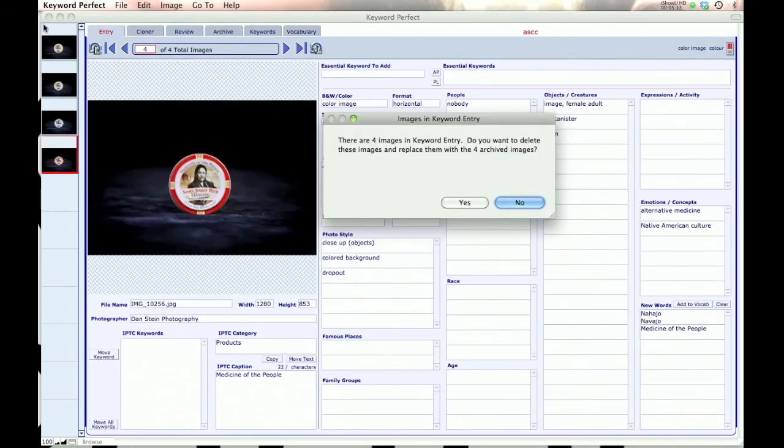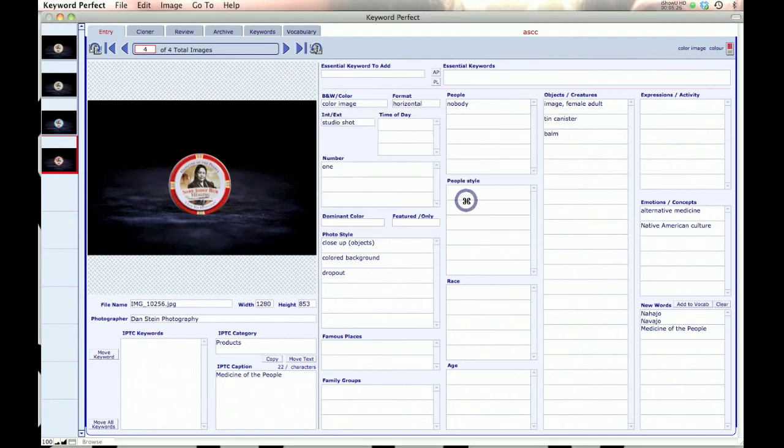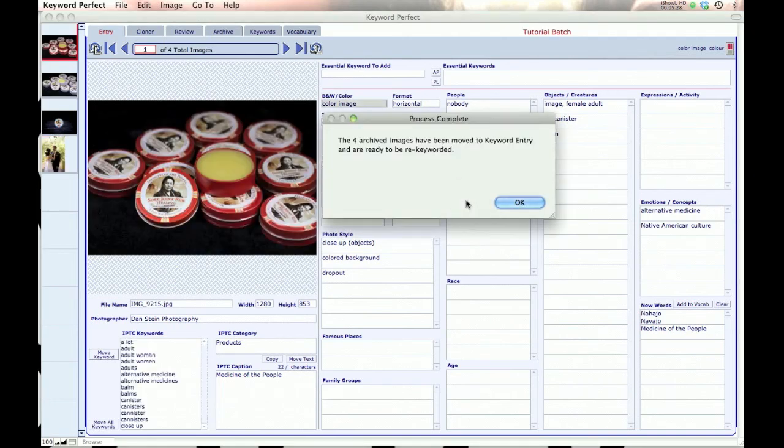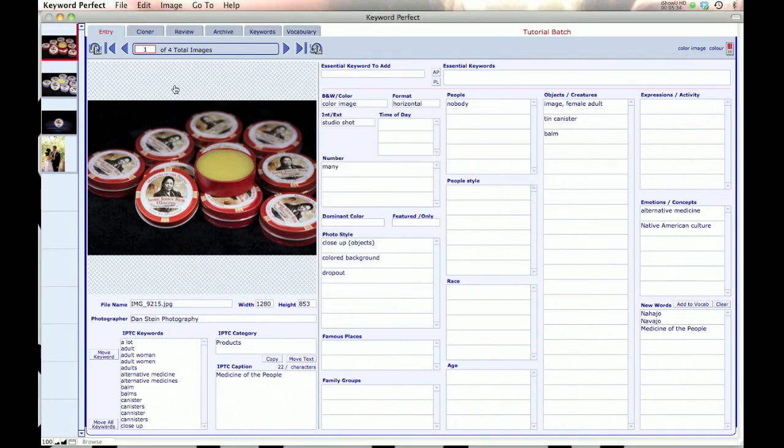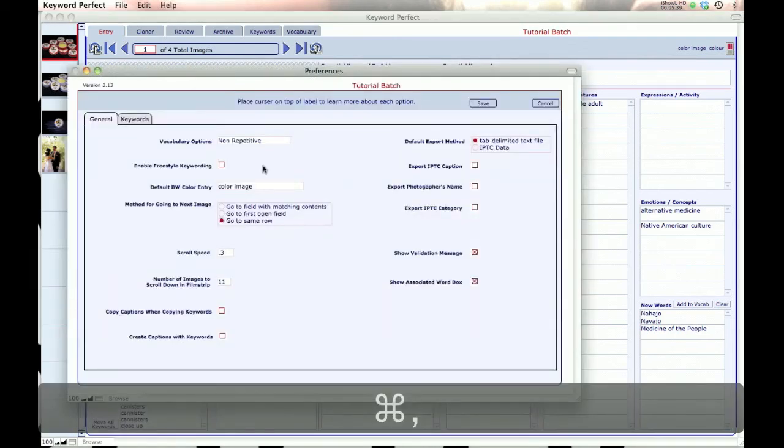And now it shows me, because we already have these 4 in the entry screen, and you're not allowed to have items in the entry screen, it says, do I want to delete them and replace them? And I say yes, because I just brought them in to show you that. So before you do this, you should make sure that the entry screen is empty. So here are my images that I've brought in from the archive, and now you see that I can go into